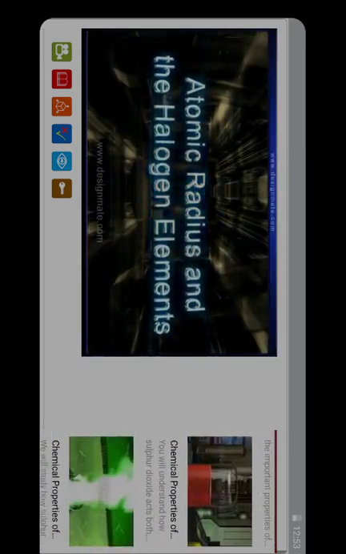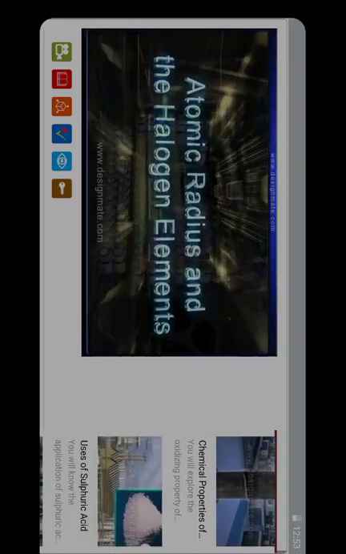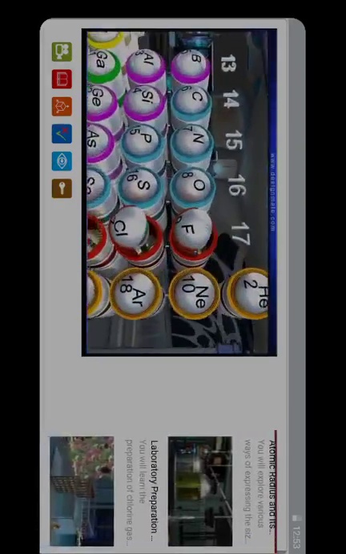Atomic radius and the halogen elements. During the topic on